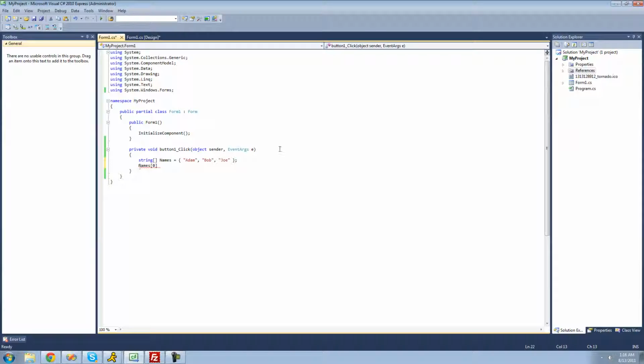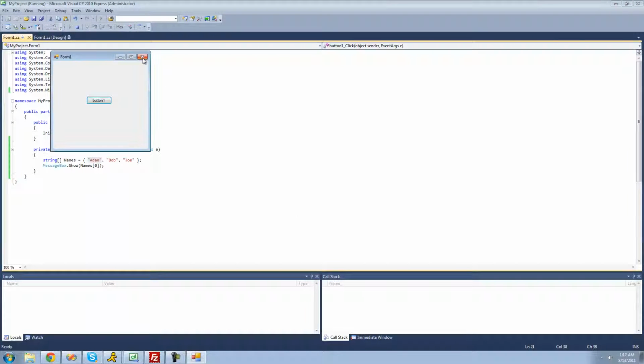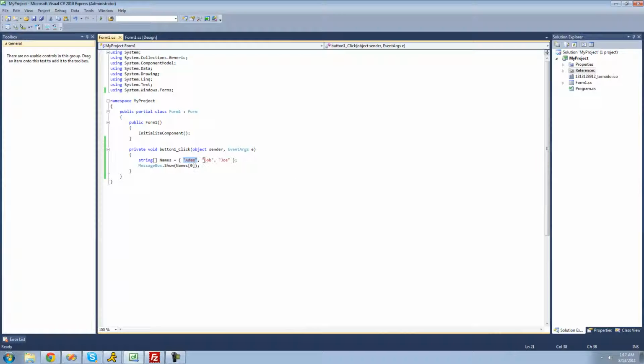Alright, and let's just display this in a message box and see what happens. So MessageBox.Show, and we should just get Adam in a message box, since inside of our names array, the string at the 0 index is Adam. So we should just get Adam in a message box. Yep. And if I wanted to get Bob in a message box, or access Bob, I just put a 1